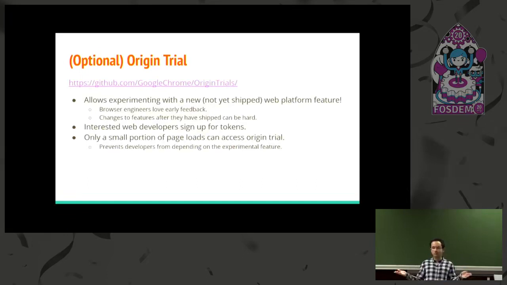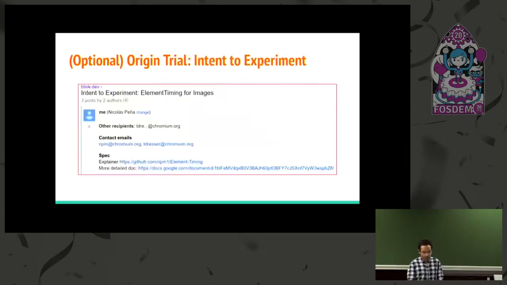So the idea of this is that a web developer, let's say they're interested in an origin trial for this fantastic new web feature. They sign up and they get some tokens for their domains. And some small portion of page loads can use those tokens and will actually be able to access the experimental web feature. Why only a small portion? Again, so that this website does not start relying on these APIs to actually work properly. And once they start using this experimental API, which is disabled by default, but under controlled environment it can be used, then we can get some